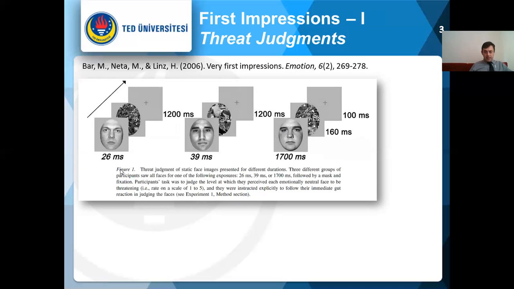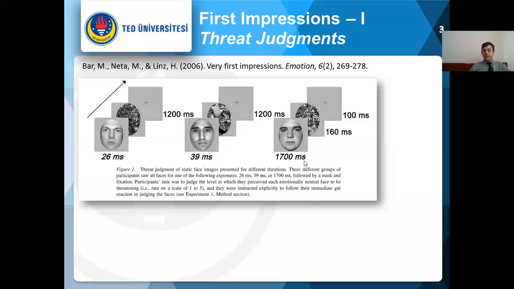So how was this experiment patterned? The participants were exposed to very different faces, a large number of faces, let's say 90 faces. There were different experimental conditions in which the participants were exposed to these faces. For some faces, the duration of exposure was 26 milliseconds. For some faces, it was 39 milliseconds. And for some faces, it was quite a bit longer,